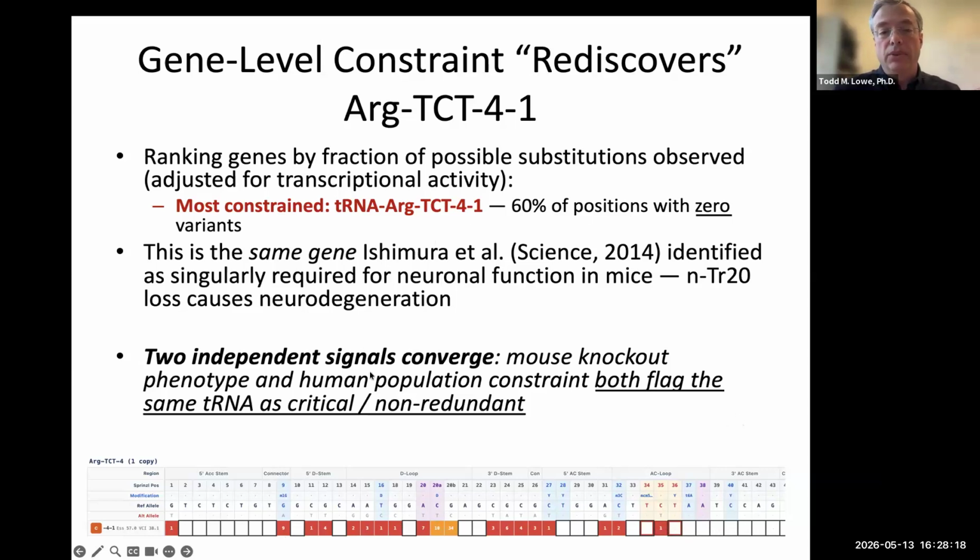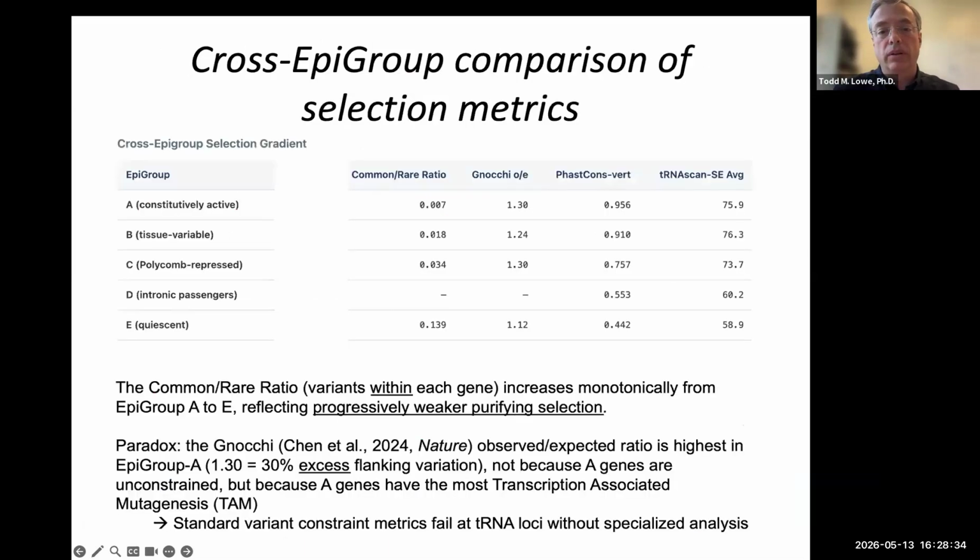And so this, in essence, is one of the most selected against genes, selected against for variants in the population, even in the heterozygous state. And so this is consistent with what we expected for this really important gene. Now, if you look across the different epi groups, and I'll try to wrap this up quickly, the constitutive ones